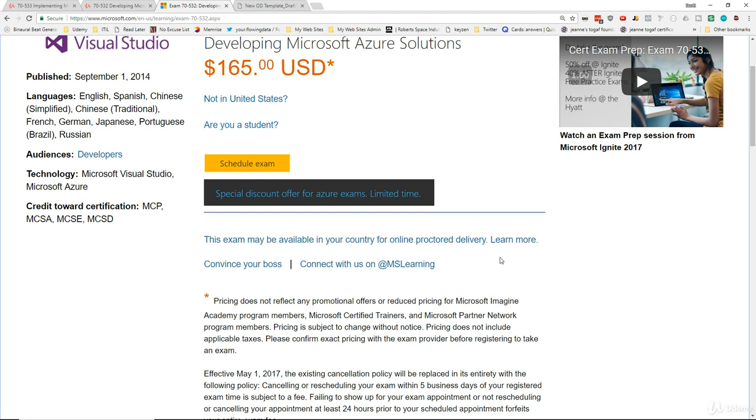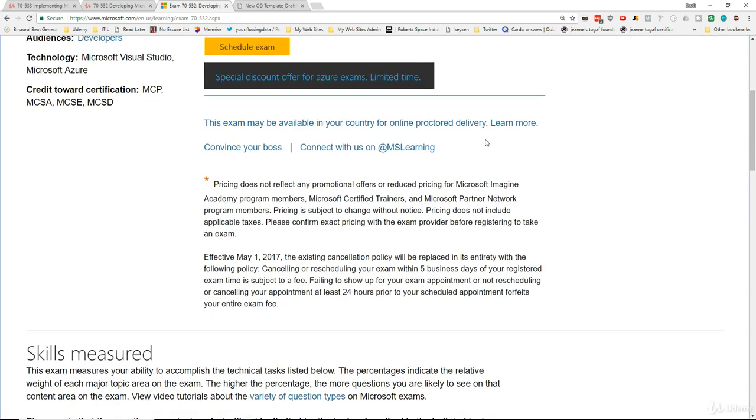Microsoft will have somebody at the other side of the computer watching you on a webcam. Before the exam starts, they're going to want you to take your webcam or your laptop and show them around the room to make sure that there's no people in there, that the walls and doors are closed, there's no papers, there's no extra monitors, lots of other requirements. Okay, so make sure you read this at the top of the page if you're interested in taking the online